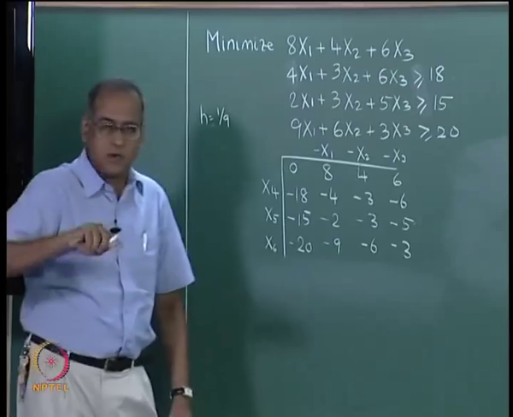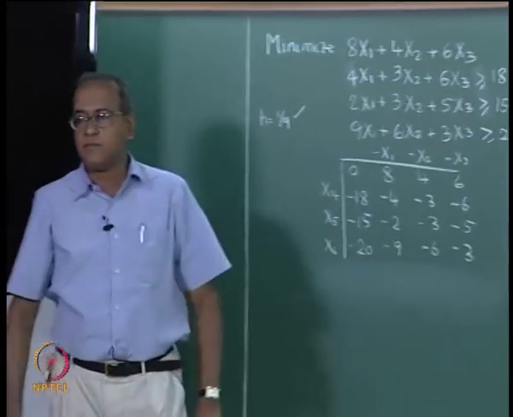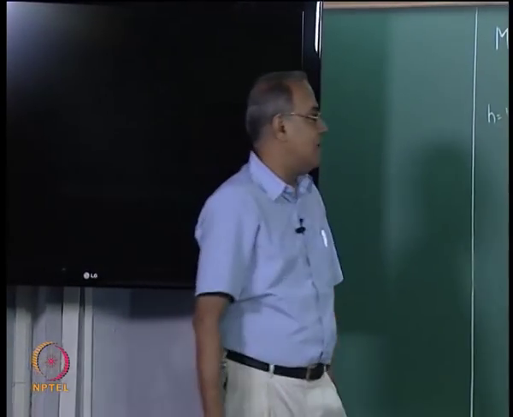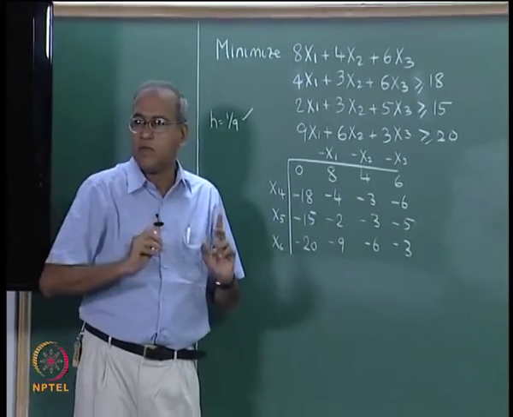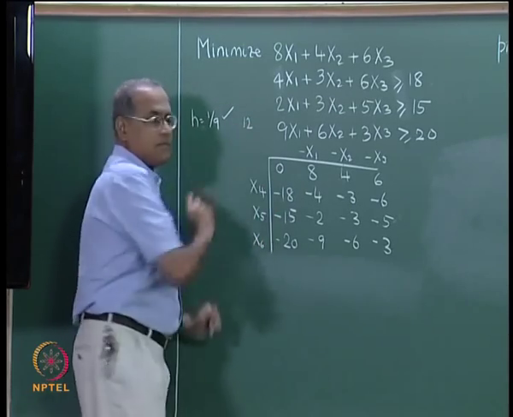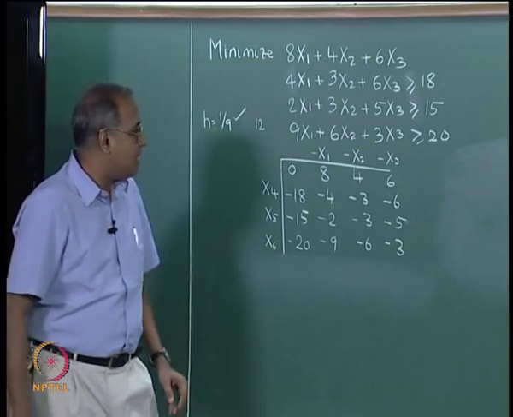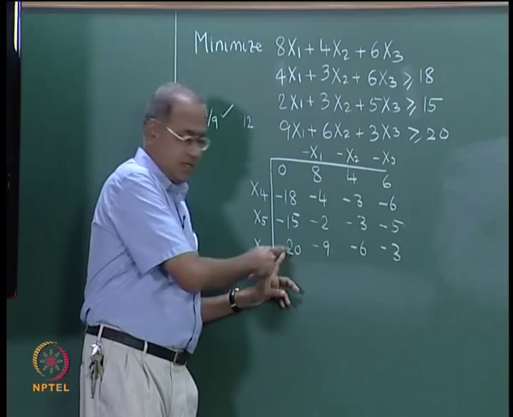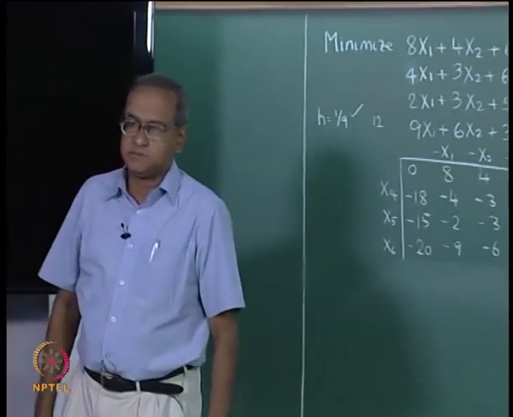So, I now say h equal to 1 by 9 is okay, I am able to get that. This is acceptable because it is able to maintain the dual feasibility, it is able to do everything that I want to do. The only difference is from 0 it moved to 12, the solution moved to 12, because the lower integer value of 20 by 9 is, in this case, minus 3. So, 4 into 3, 12 is the gain.